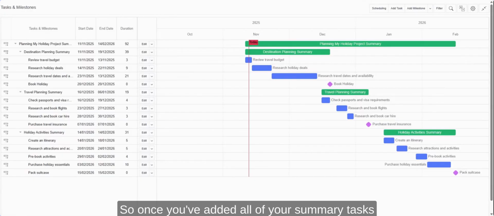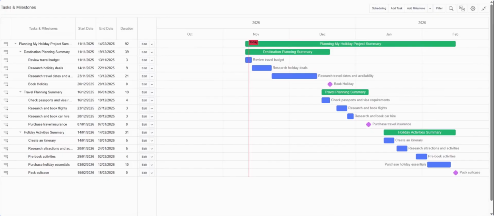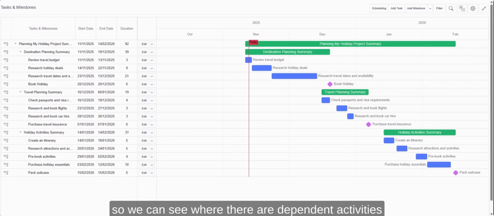So once you've added all of your summary tasks and you've added your tasks and milestones underneath, you're then going to have a plan that looks similar to the one that I'm showing on my screen right now. Next step in the process is to add our dependency lines so we can see where there are dependent activities